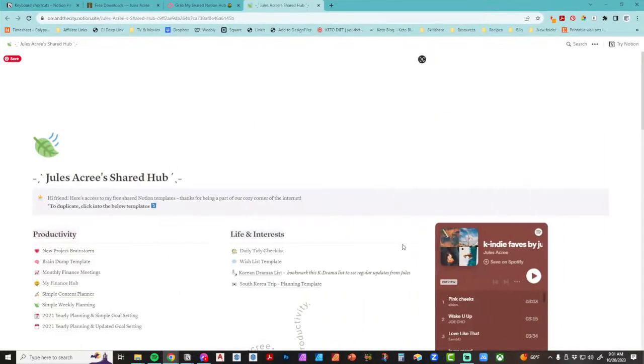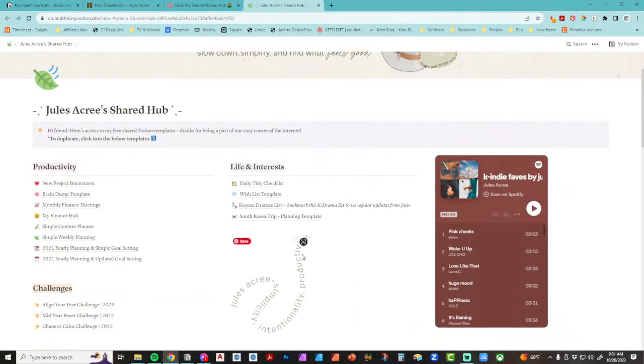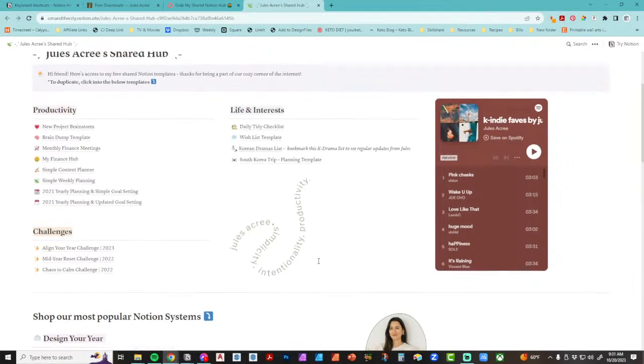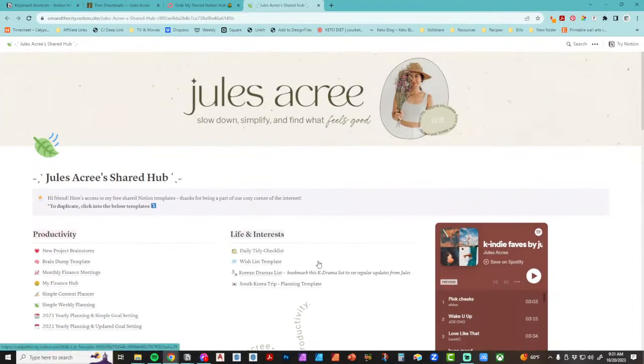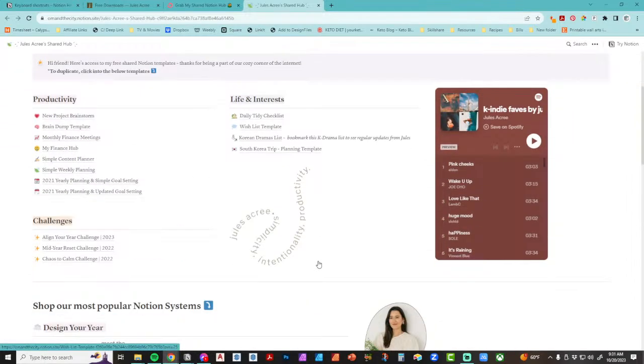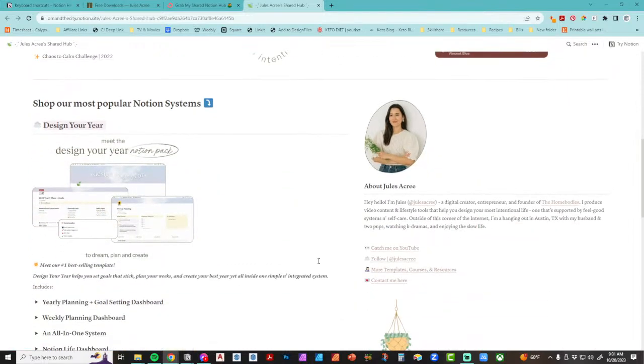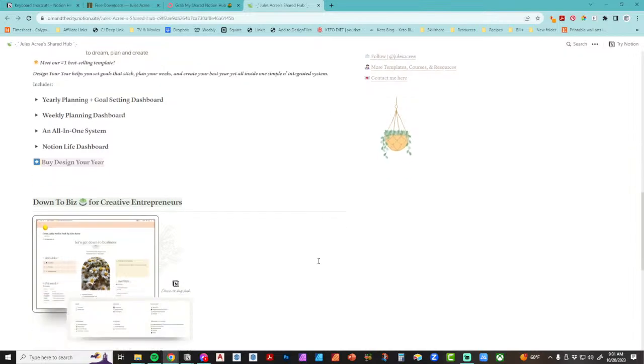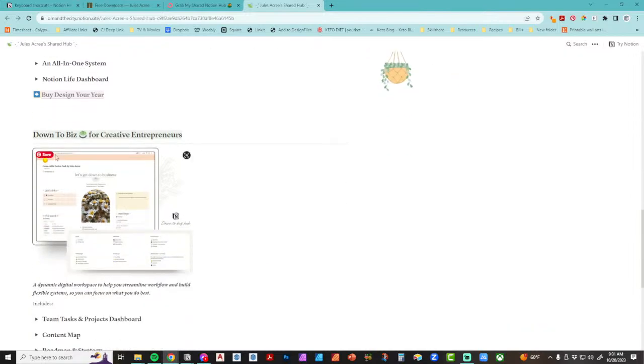Yeah, there we go. Okay, so this is from Jules. You can get fun templates and all kinds of stuff. This is in Notion, that you can get all these things. So check out her stuff, because I'm telling you, she's got some good stuff. She's got some templates that you can buy. I actually got this template from her, and that's what I used to build